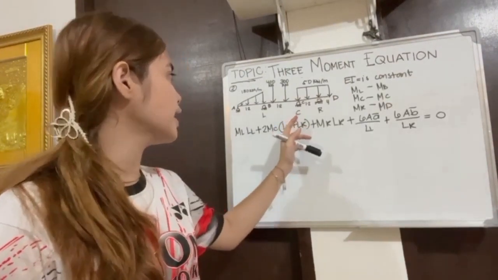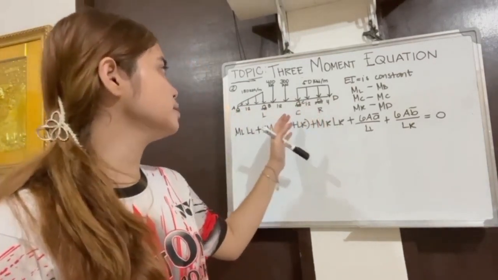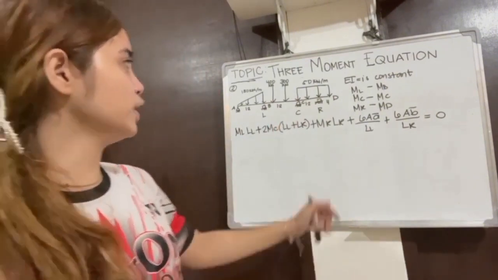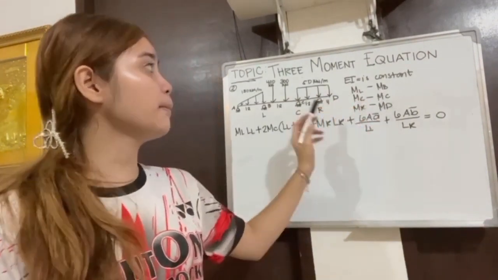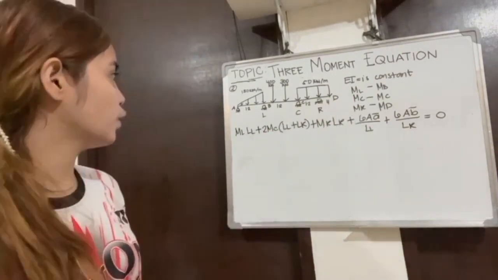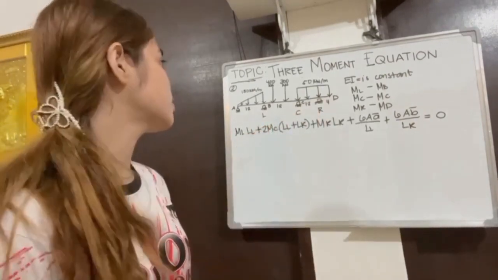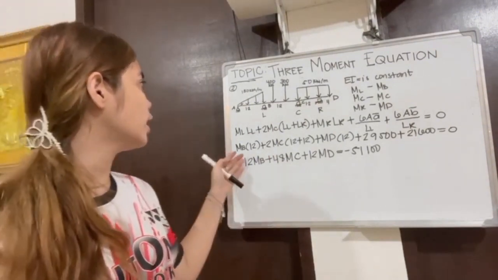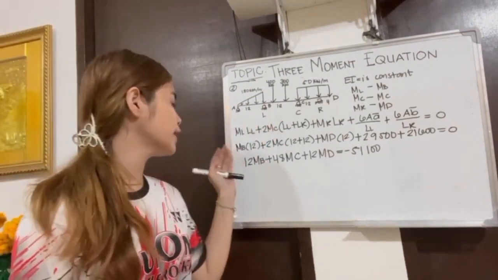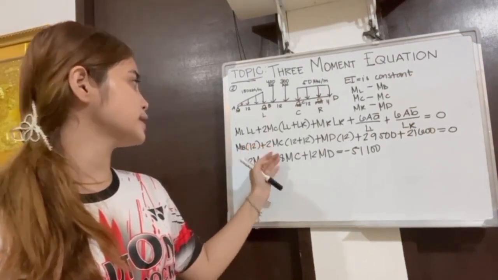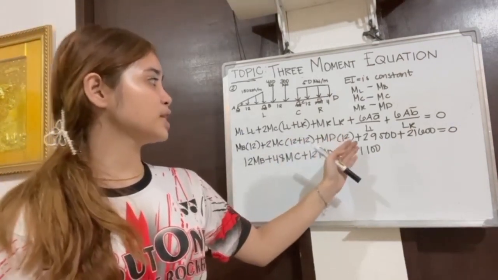We place our center at C, our left at B, and our right at the middle of CD. So we came up with our ML as MB, our MC as MC, and our MR equals MD. So we use the same formula, since EI is constant. We just repeat our process and substitute the values into our equation. So we came up with MB times 12 plus 2MC times 12 plus 12 plus MD times 12 plus